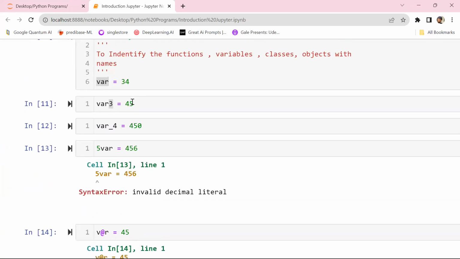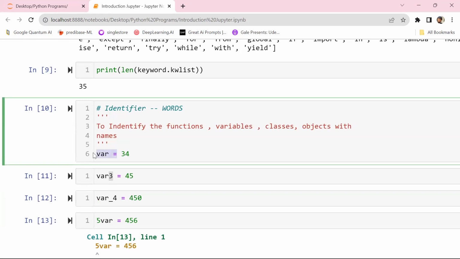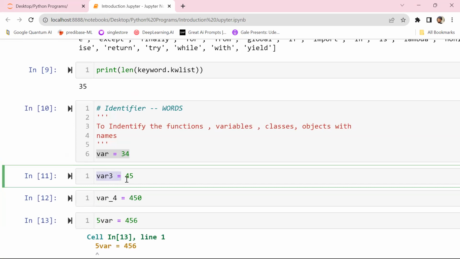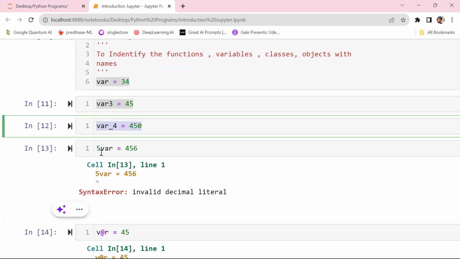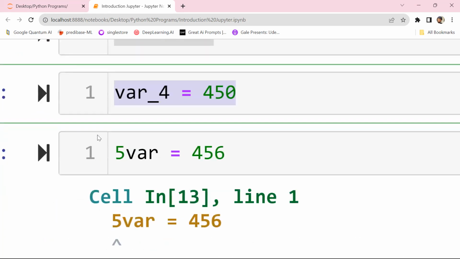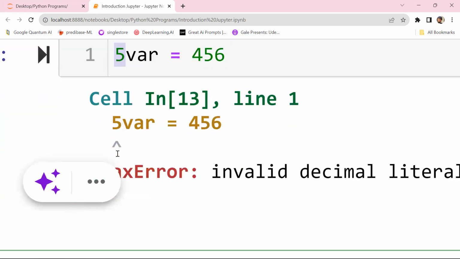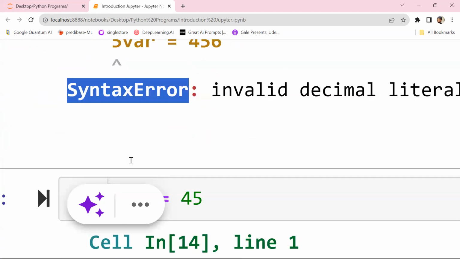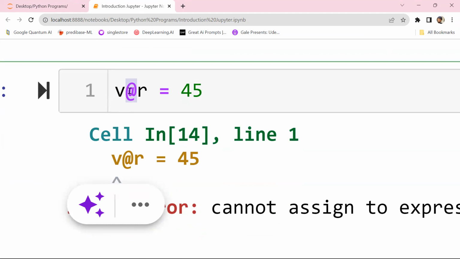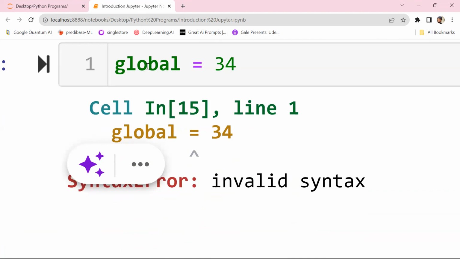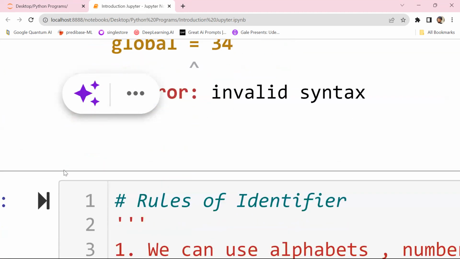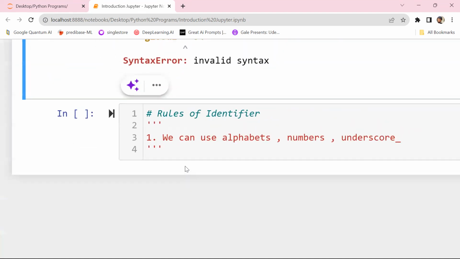When I'm using these three, I'm not getting any kind of error. I'm using only alphabets, no error. I'm using alphabets as well as numbers, no error. Here I'm using the underscore also, and still no error. But when I started with a number, the first letter being a number, I get the syntax error. And when I use a special character, that time also I got the syntax error. When I use keywords, that time also I get errors, right? So simply what I'm trying to tell you,